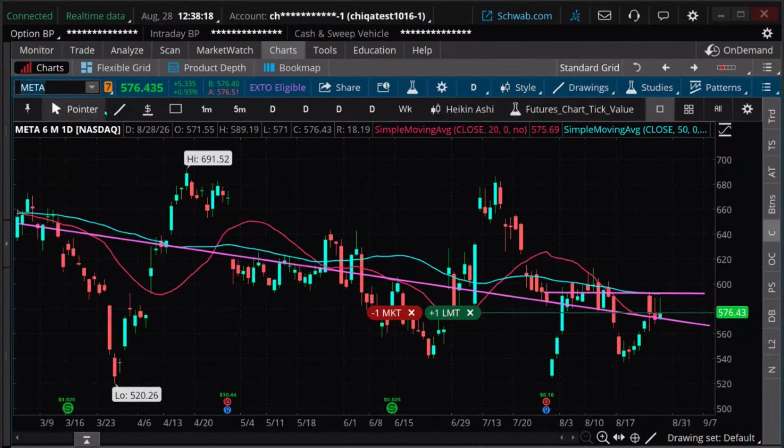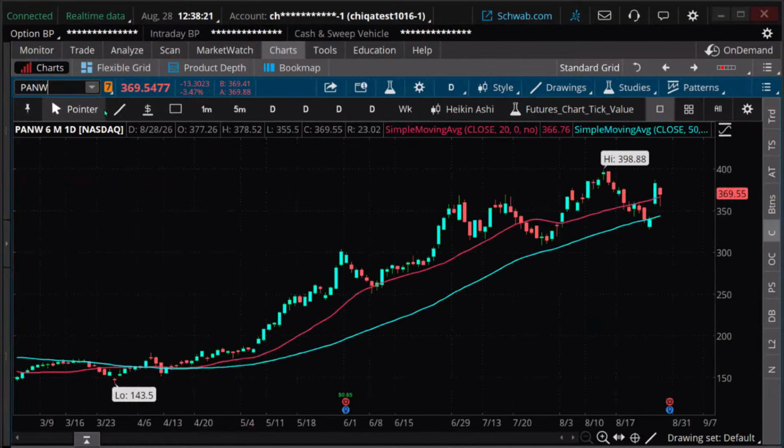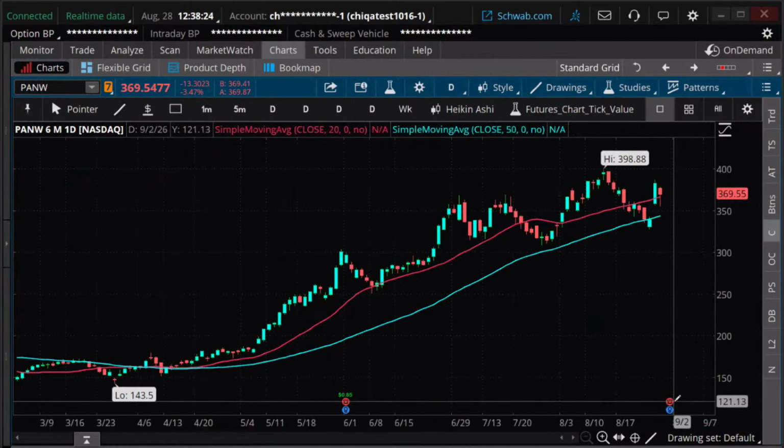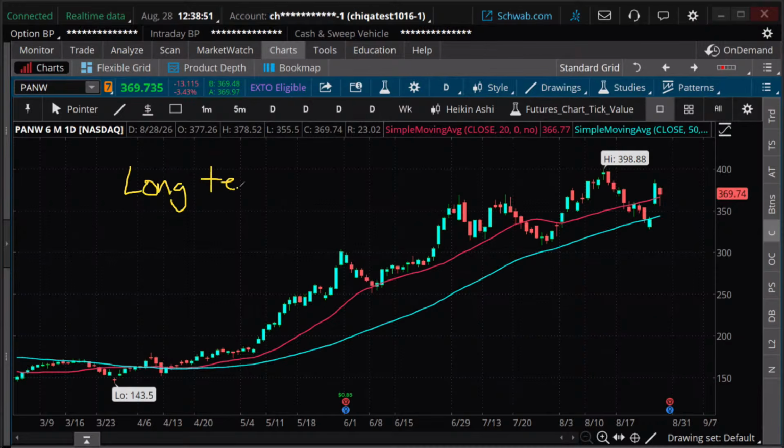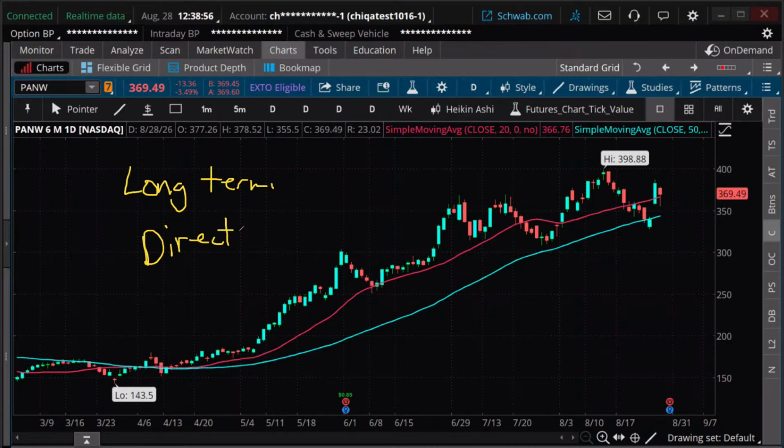And so this trade is on Palo Alto. Okay, they have earnings coming up. Now, the first 2 trades I showed you were short-term expiration. Okay, I think we did September 18th expiration on those first 2. This one I'm going to go out longer. And the first 2 were kind of neutral to slightly directional trades. This one, I'm going to go longer term, okay? And I'm going to go much more directional on this, okay?